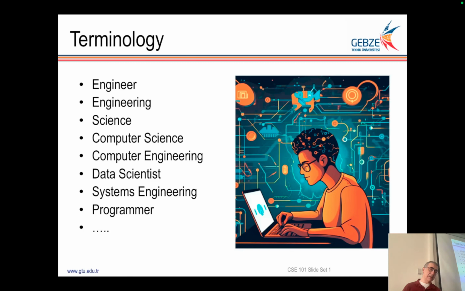This is an engineering school. We are in the faculty of engineering, and you are going to be engineers. So engineers, science, computer engineering, data science, systems engineering, programmer. These are the words that we use in our profession. So what are the differences? There are no differences. But when you say science,